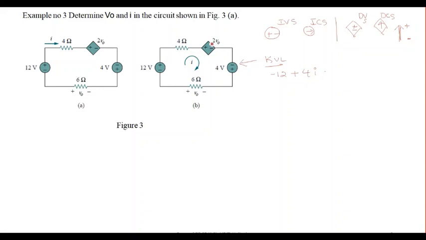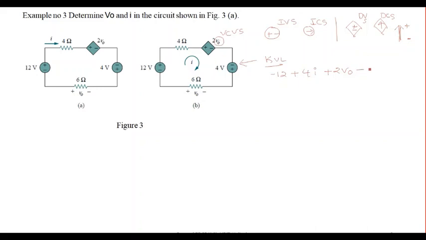Then this is what kind of source? It is a dependent voltage source. And what kind of dependent voltage source? There is some parameter called V0 which is controlling. It is a voltage controlled voltage source, and its voltage is already given. Its voltage is 2 times V0. So we can write plus 2 times V0, plus because the polarity is like this according to the convention.